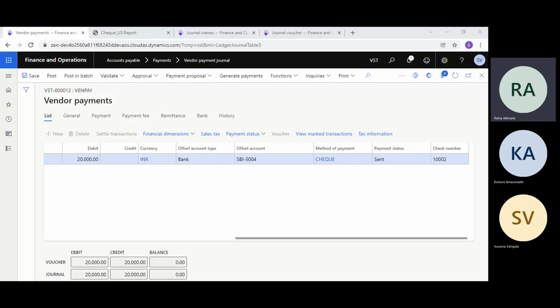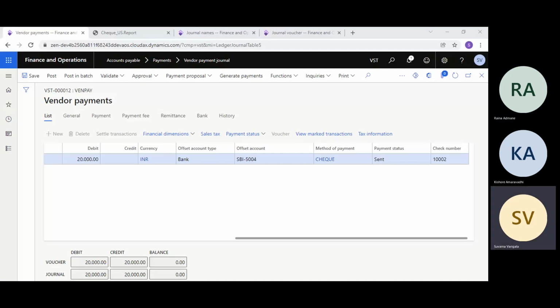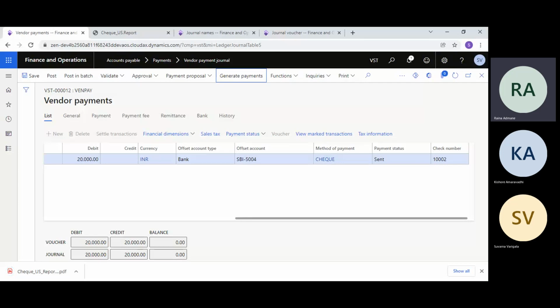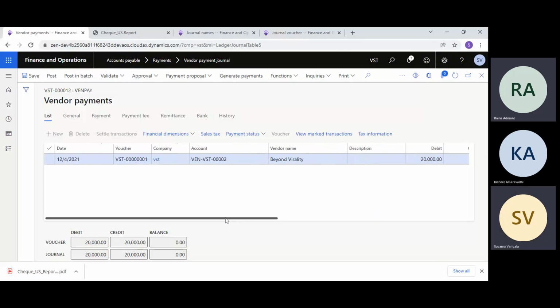What exactly do you want to print? I want to put that voided check in my documents, so I want a physical copy. You will get that list or report, which shows the checks list: which checks are voided, which are sent, which are cleared, and who the vendor is. I will show that report where we'll get these details.